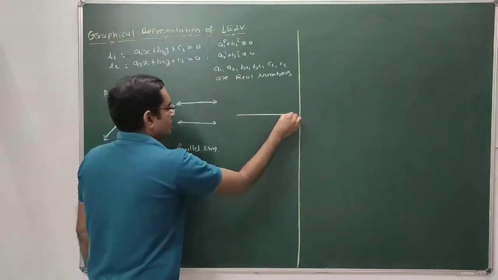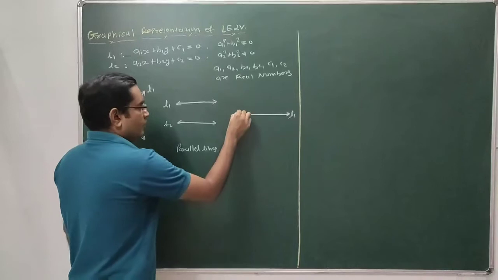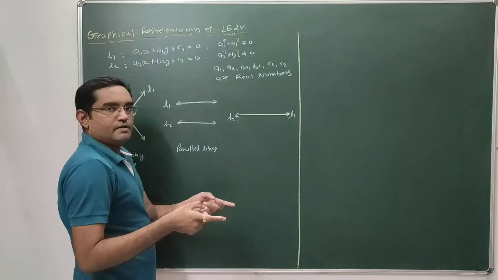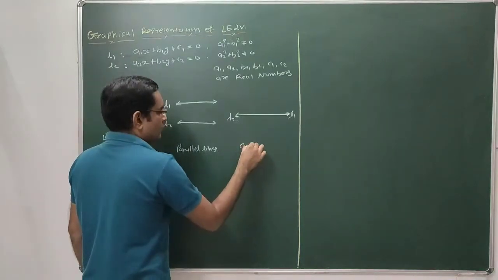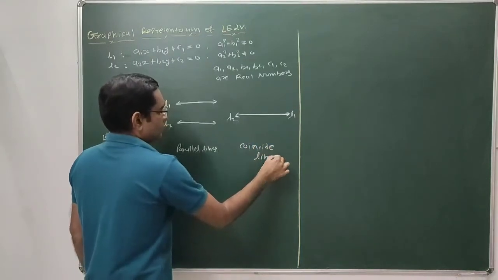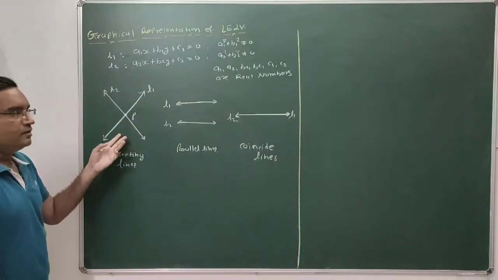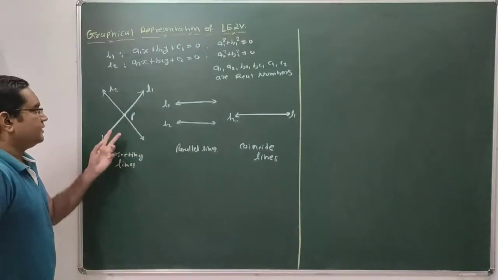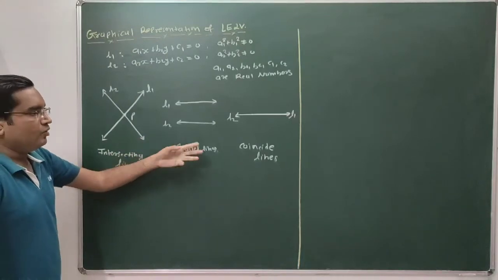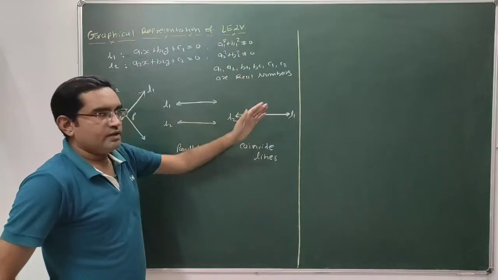And the third condition is that suppose we have line L1, and if we draw the graph of the second line L2, we get the same line. So these two lines are known as coincident lines. Clear? So for any pair of two lines, these three possibilities are there. They can intersect each other at one point, they will not intersect each other, that means they are parallel lines, or the lines are coincident lines. Coincident lines means one line lies over the other line.